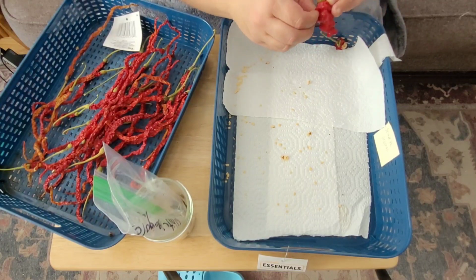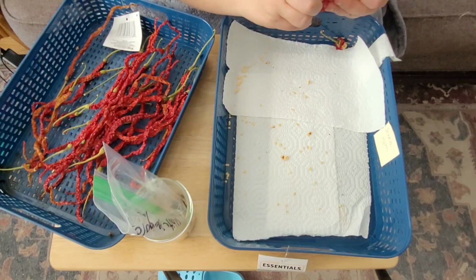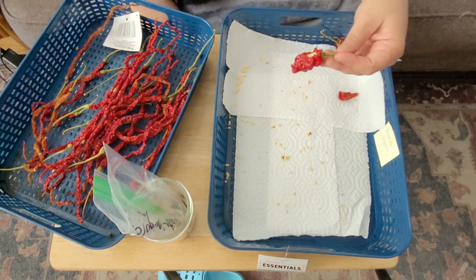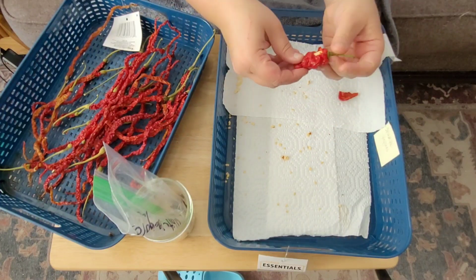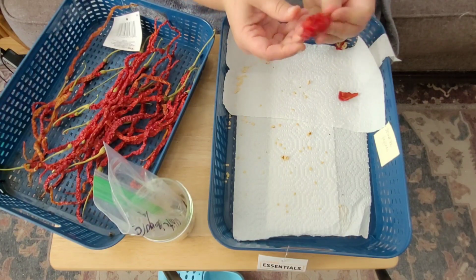And usually with hot pepper seeds, I would use a glove. But in this case, I'm going to be stupid. When you're saving pepper seeds, you want to get the seeds out before they rot, before they get moldy in the pepper. If you don't have time to take them off the entire pepper, you can just open it up